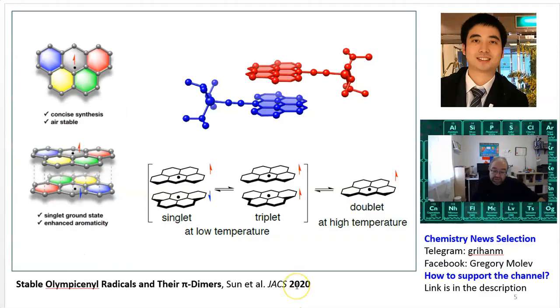I'll start with this work, which is not very new, but still only 3 years ago. The group synthesizes those molecules. They get the radicals, called Olympicenyl radicals. You can guess why. And they see that at higher temperature, you get separate molecules in solution, according to the spectroscopy. But when you cool the solution down, the two molecules interact by making pi-pi interactions. It's like graphene sheets interacting between themselves. And when it happens, you get this equilibrium between singlet diradical and triplet diradical, while the singlet is slightly lower in energy. That's pretty interesting.